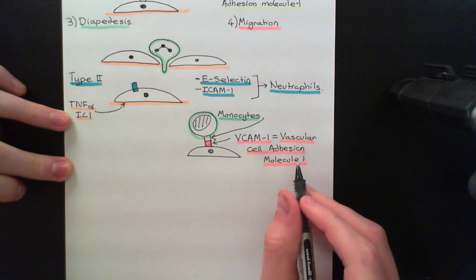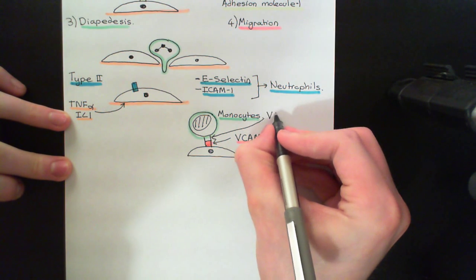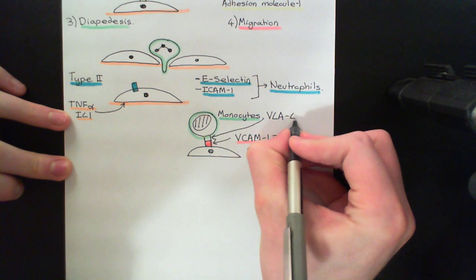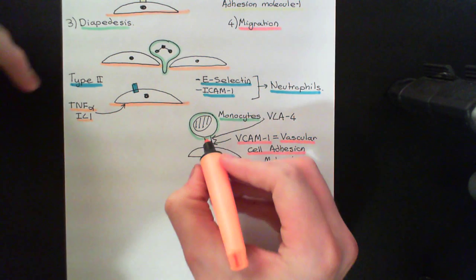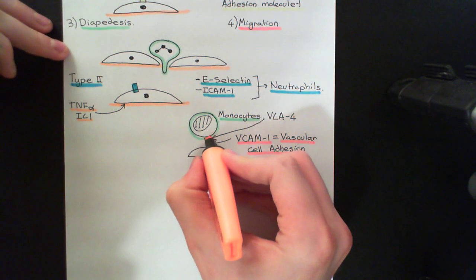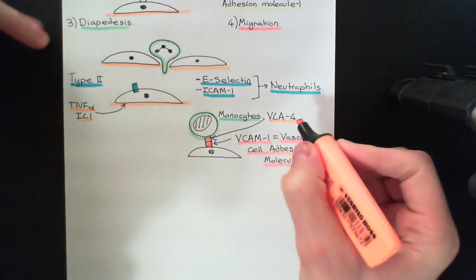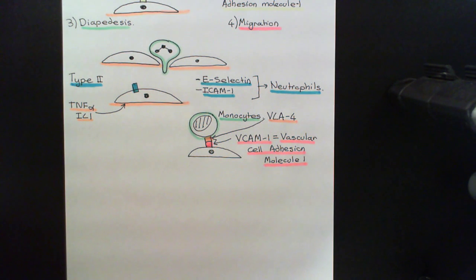What's the protein on the surface of the monocytes then? This is by the name of VLA4 here. Okay, so monocytes have on their surface VLA4, which is important for forming these tight adhesions between the endothelial cells and the monocytes. So to go over this, to recruit a monocyte, you firstly need to have the rolling process. P-selectin and E-selectin can both do that, and that will bind to sialyl Lewis X tetrasaccharides on the surface of the monocyte. So you get rolling with type 1 activation, but you're not going to then get the tight adhesion,